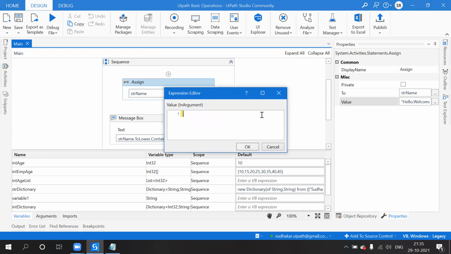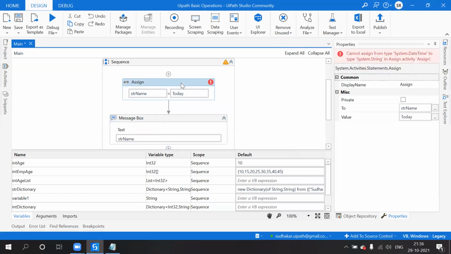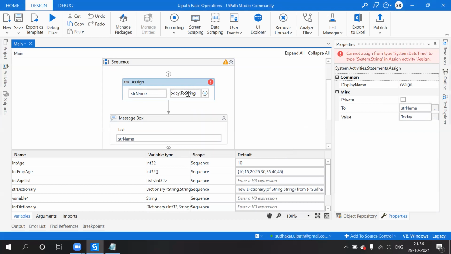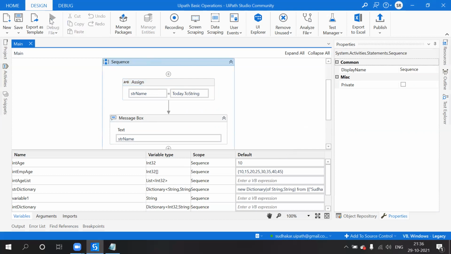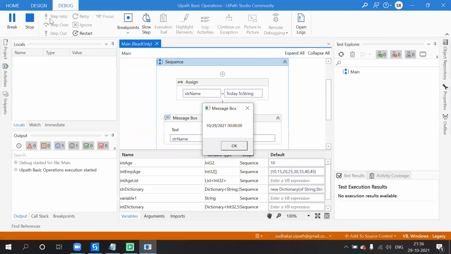I want to display today's date. So for that I have to use a function called today. And then, so what is the error we are getting? Dot to string. So we would like to display what is today's date. See, what is today's date?